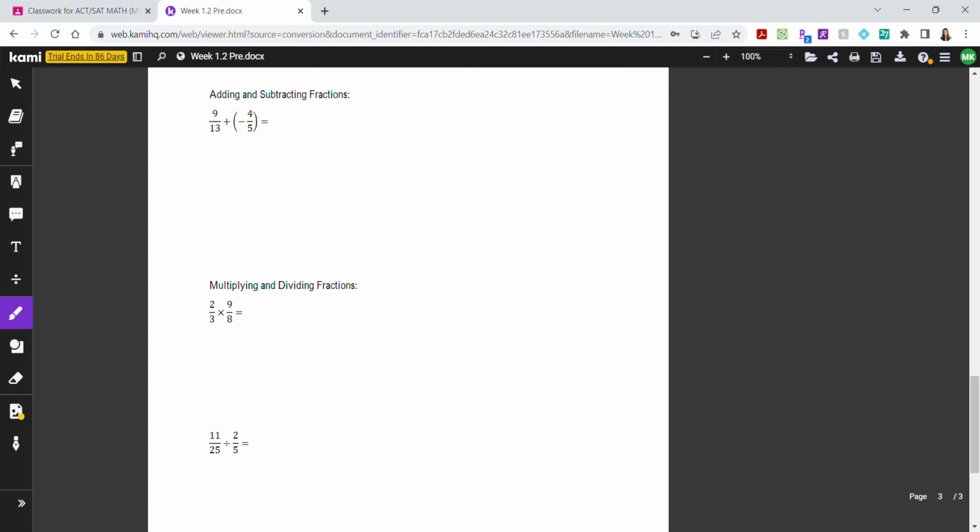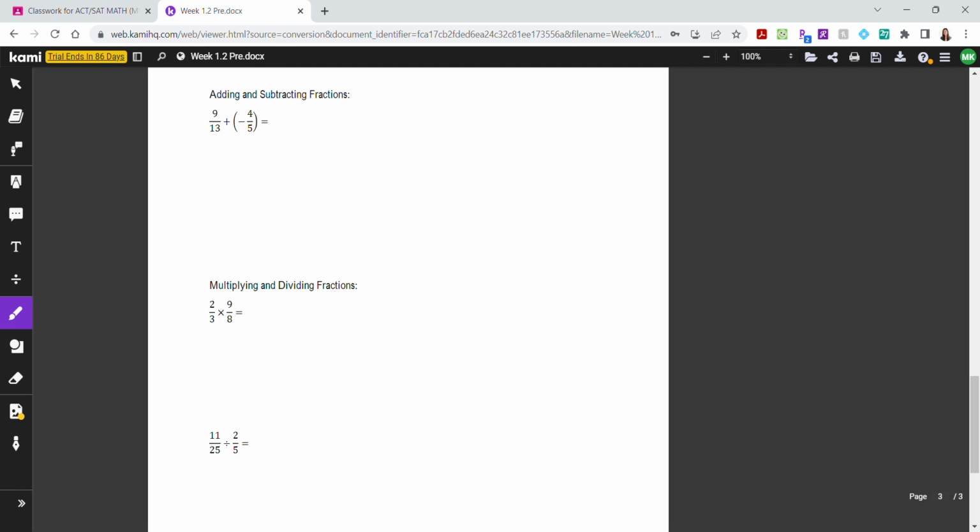All right, now with adding and subtracting fractions, the first thing that you need to do is make sure that they have a lowest common denominator. So it's essentially the same thing as finding the lowest common multiple, but you're just finding it for the denominator. But it's the same concept, right? So we know for a fact that the lowest common multiple between 13 and 5 is going to be